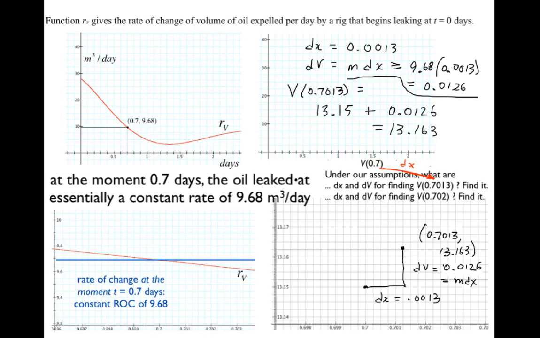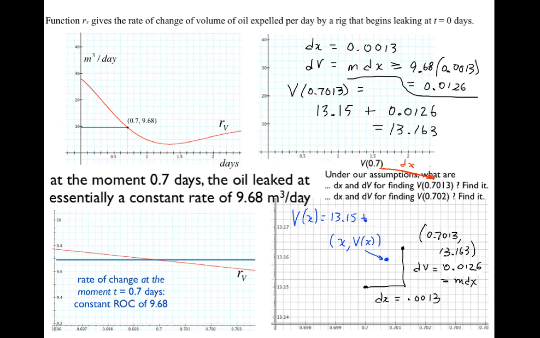But another thing we want to talk about is, let's suppose this was any point. x, v of x. How could I represent any point in this moment? That's also something we've worked on. So if we want the final value of a quantity, it's going to equal initial plus the change. So we could start with our initial of 13.15